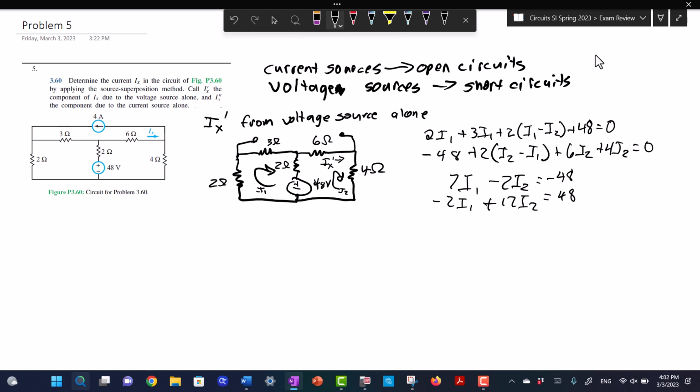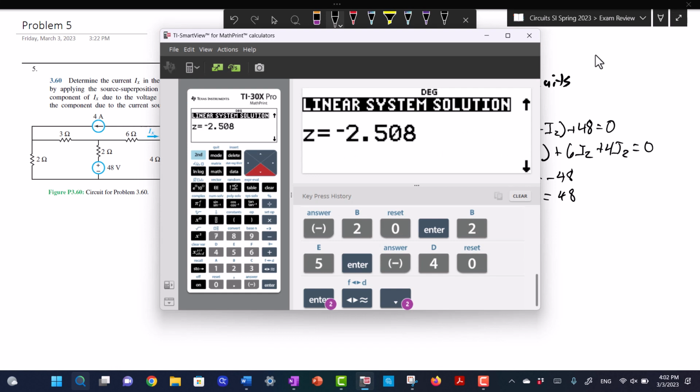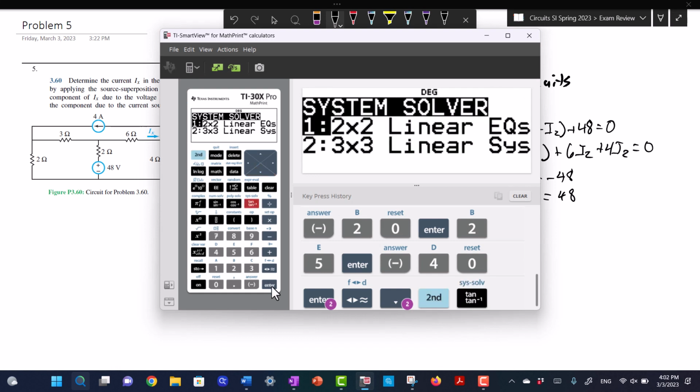And when I did this before, I always weigh out the laziness: is it going to be harder for me to do this by hand or to actually reach over and pick up the calculator? And right now, at this time, I did it by hand, but now I don't want to do that. So I'm going to use a calculator. So second system solve, it'll be a 2x2 equation,